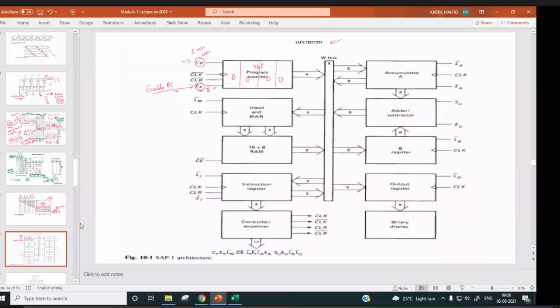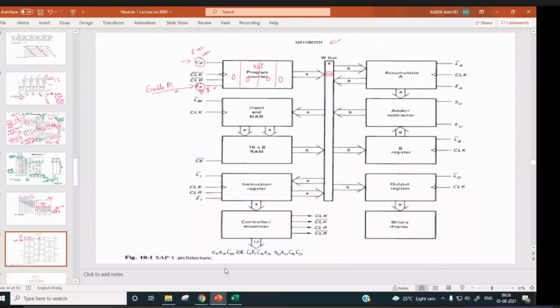It is an 8-bit line, right? Out of the 8 bits, a 4-bit line will be used for uploading the program counter content 0, 0, 0. Yes, sir. So if EP is 1, then only the program counter is outed.